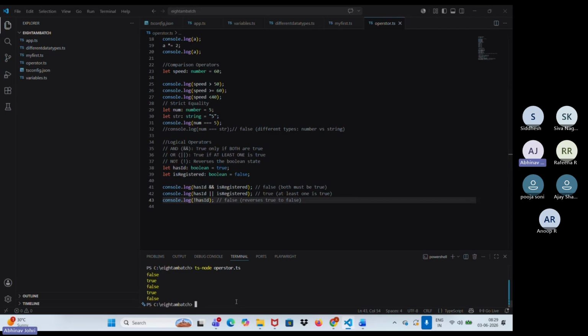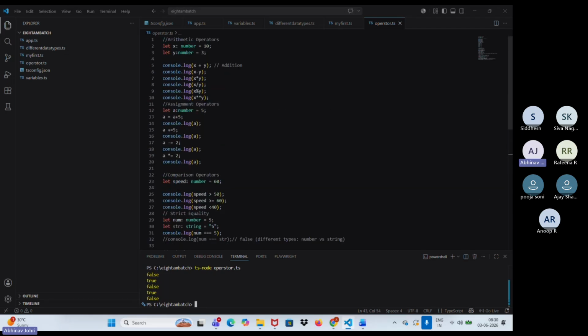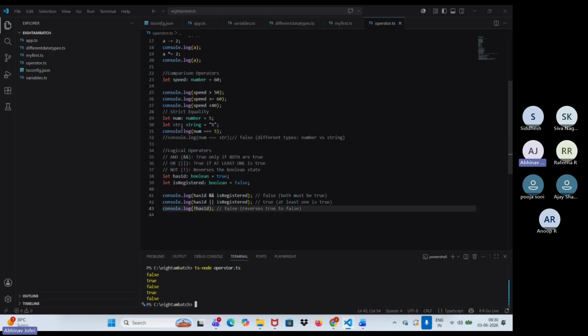Okay. So these are the operators. See, these are not interview questions, but they are the base. Few of them don't know anything about programming, so I am teaching. But you should know. So these are the base we should understand. What we have done till now: arithmetic operators, assignment operators, comparison operators, and logical